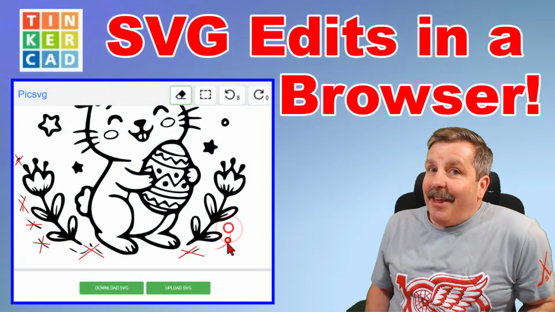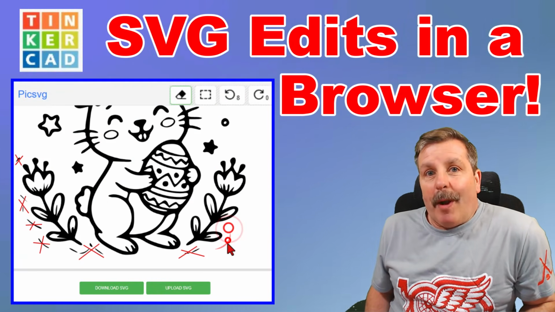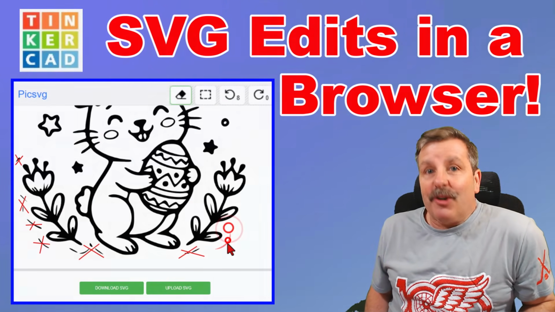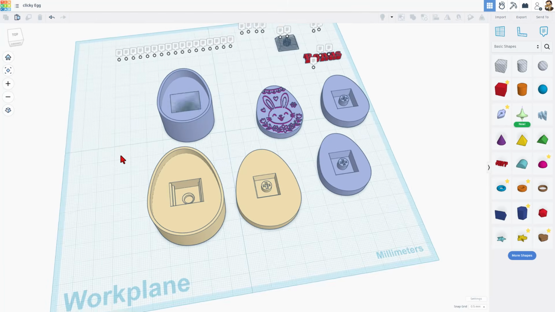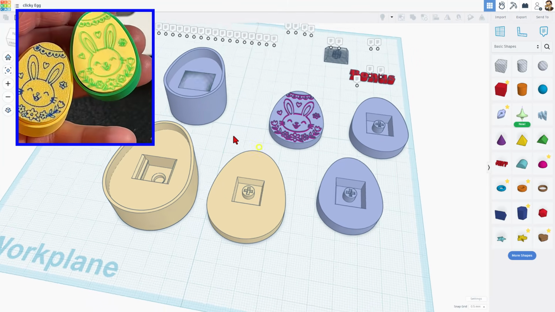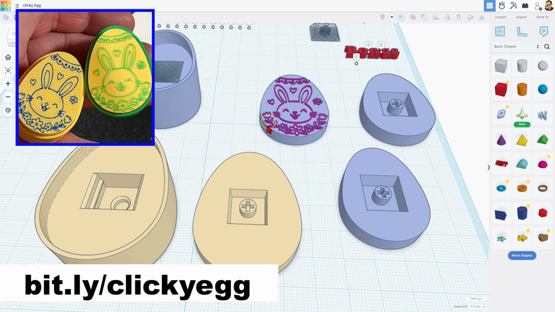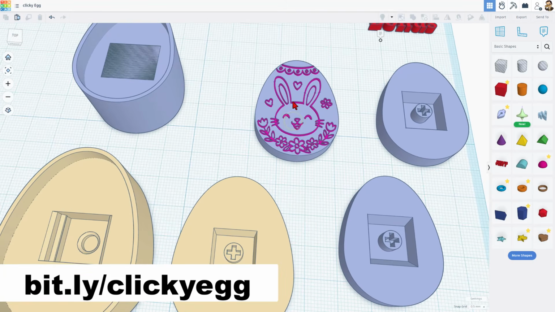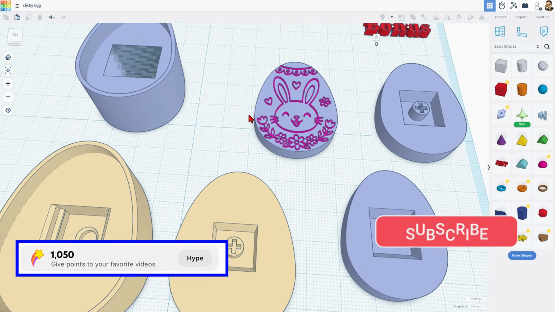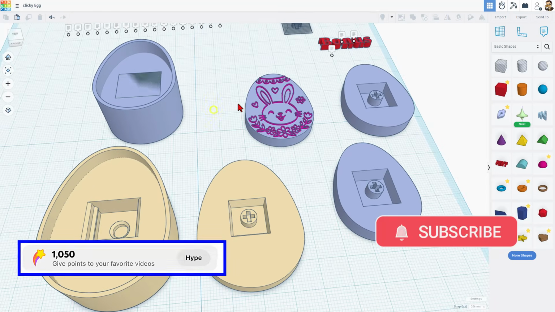Today we are going to edit an SVG using our web browser, so let's get cracking. So real quick, this is Tinkercad. It is 100% free. I have created a Clicky Fidget tutorial and I gave you some free artwork. Now I'm going to show you how to quickly get your own and set it up so you can bring